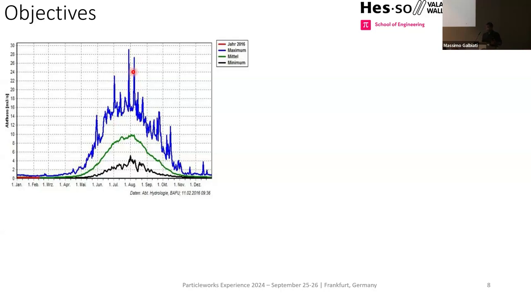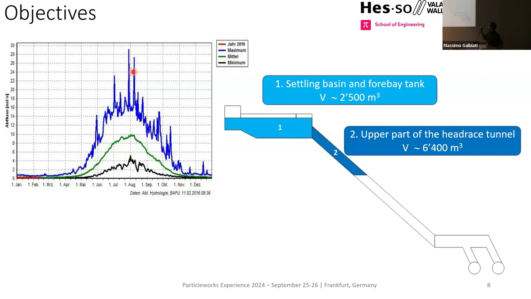To do that, we do not have a reservoir for this power plant. It means that we cannot store water and produce electricity later. But there is what we call the settling basin and the forebay tank. It is a basin where there is decantation, to avoid having particles like quartz in the water, because, I have not said it before, the water jet is more than 70 meters per second. So if particles of quartz impact the bucket, you have strong erosion, and then you need to change the water wheel. On some power plants in Switzerland, they change the water wheel every 2 years due to erosion by particles. So usually you have this kind of settling basin,